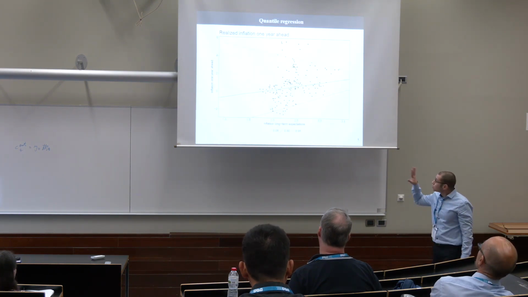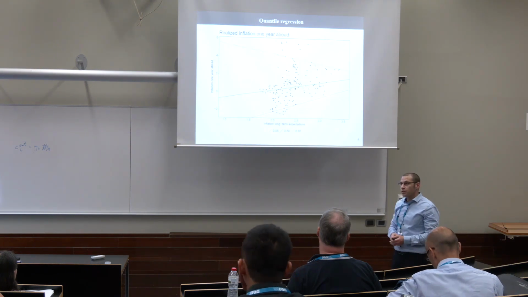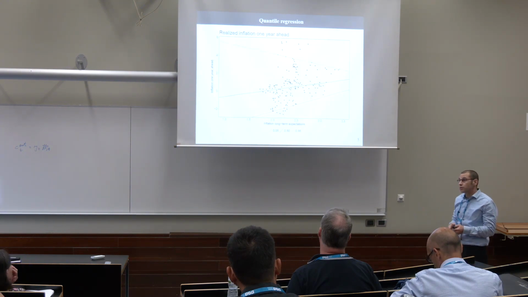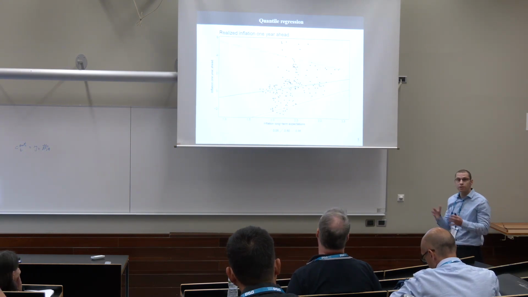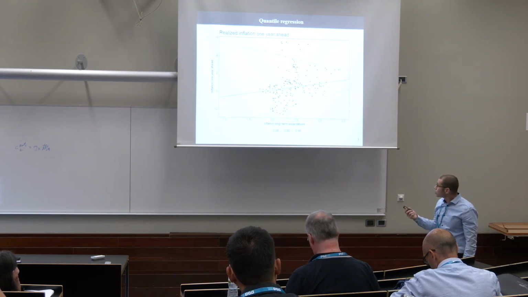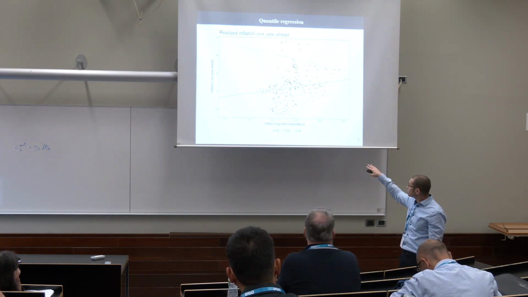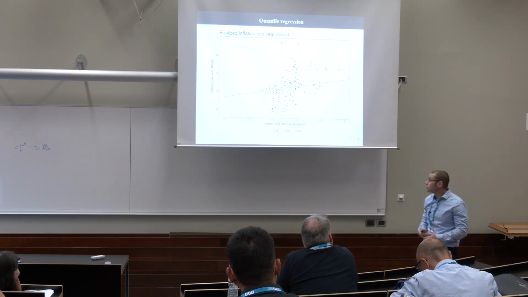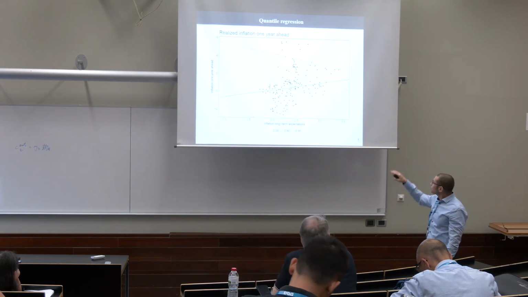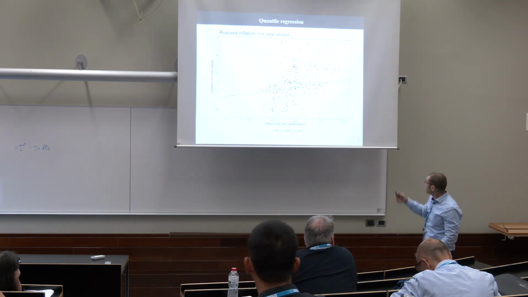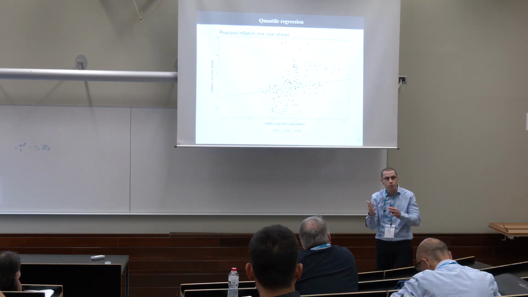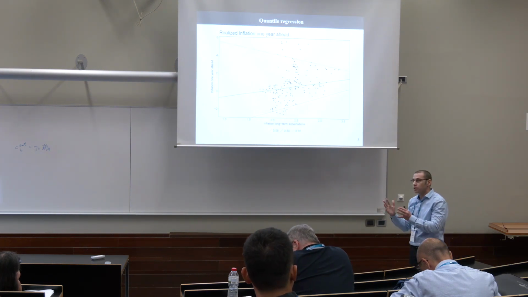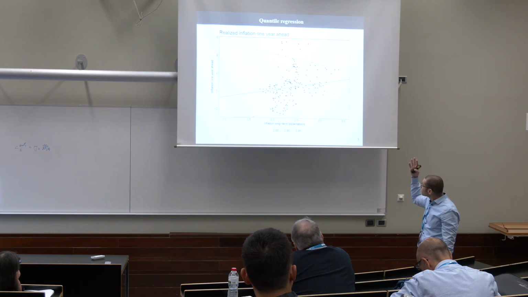So the purpose of this chart is to motivate the use of quantile regression. You can use quantile regression in order to estimate your relationship of interest in different regions or tails of the distribution. Here you can see the relationship between inflation expectations, the horizontal axis, and future inflation, the vertical axis. The median relationship is given by the black line. The red line looks at the left tail of the distribution, an abnormally low scenario, and the green line looks at the right tail, the 95th quantile, an abnormally high scenario.